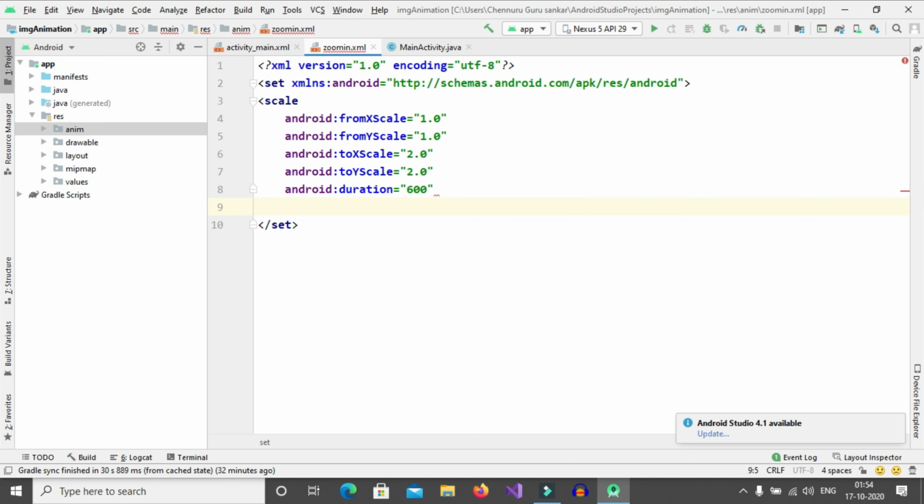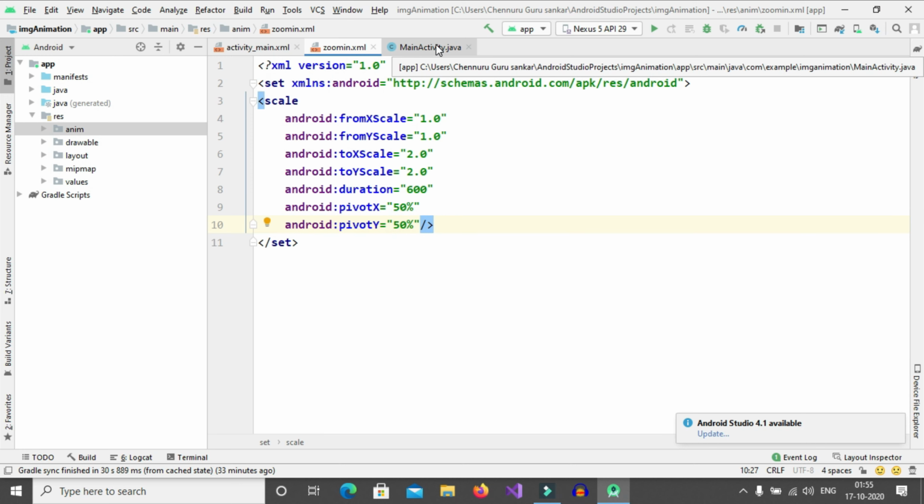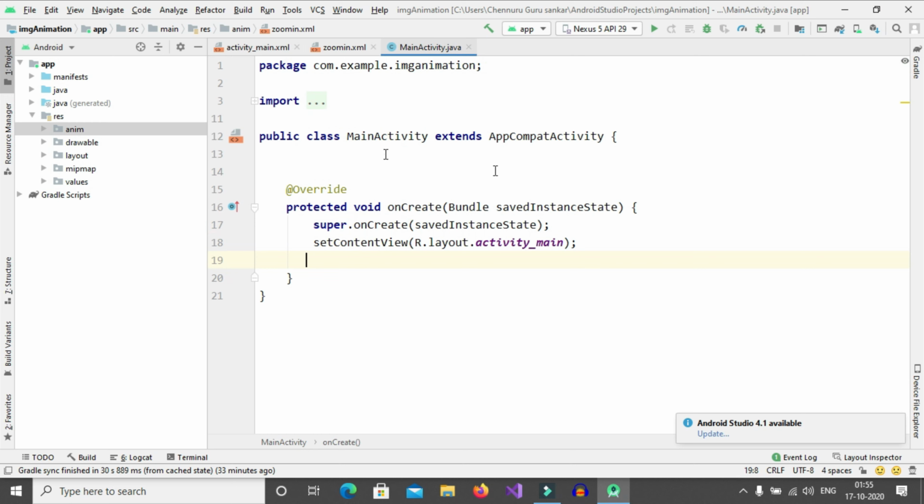Then pivotX equals to 50%, that means it will zoom from the center, and pivotY equals to 50%. Then close it, and now go to the MainActivity.java file.